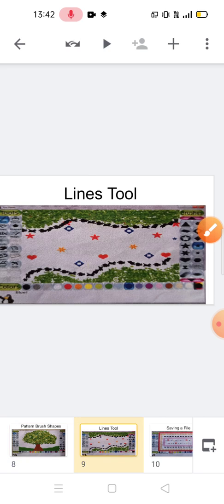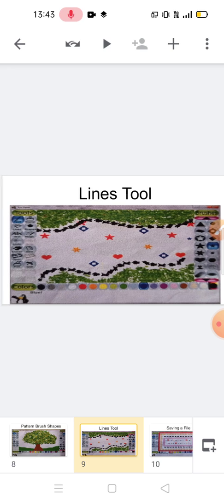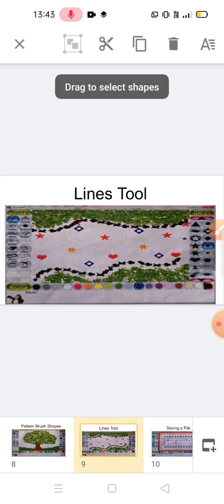Next is line tools. The line tool is used to draw straight lines and straight patterns. It works quite similar to the paint tool. The line tool has the same brush shapes in the sub toolbox as in the paint tool. The only difference between the paint tool and the line tool is the order in which the drawing is displayed.